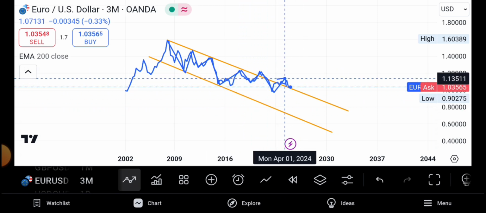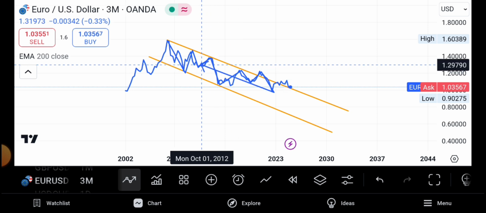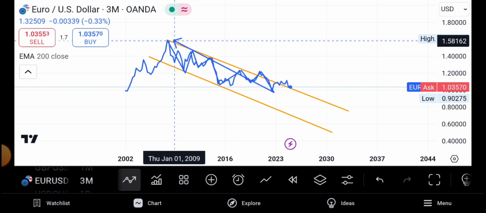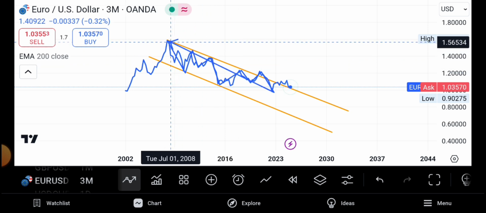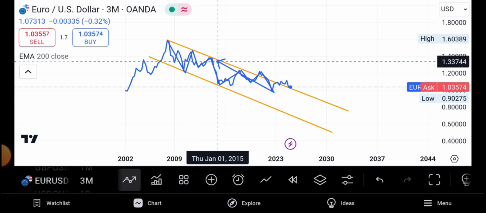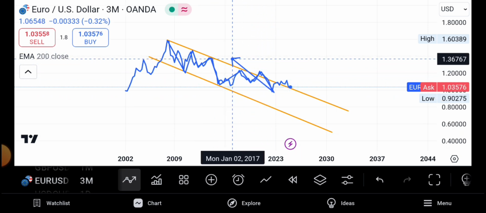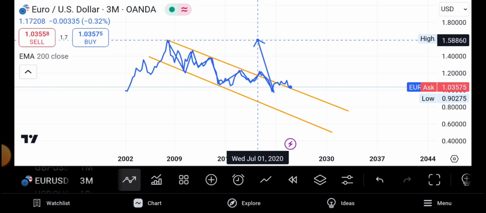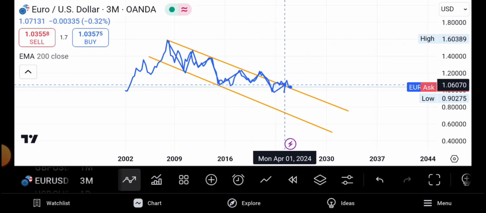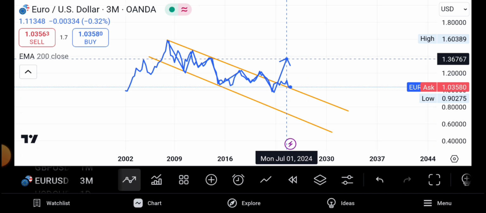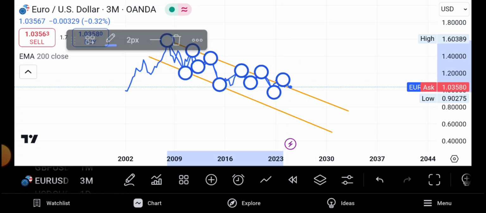The rule of the game is, I've noticed that once a trend line is touched 3 times, for example this one has been touched here, 1, 2, 3, 4, it must be broken, because that trend line has become weak. That's why now you can see we have broken the trend line upward. I hope I'm clear. So that is the 3 month.